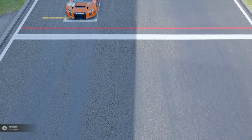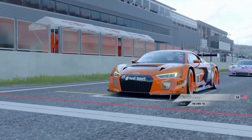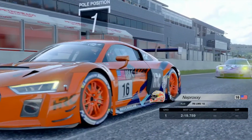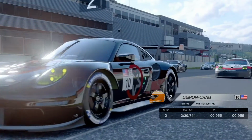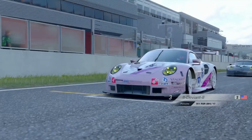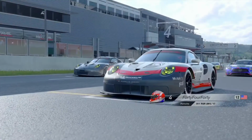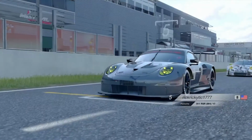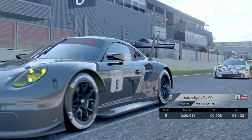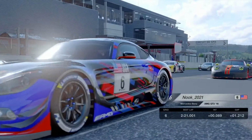The 2021 Exhibition Series Nations Cup is about to begin. 4 German manufacturer car brands are now ready to start out at Spa-Francorchamps. Here's Proxy in first place in the Audi R8 LMS 2015, Demon Craig in second place in the Porsche 911 RSR, and Deviant is starting out in position number 3, followed by position number 4, 4440, now raring to go with the official variant of the Porsche 911 RSR. Ricky Tick 1777 takes position number 5,